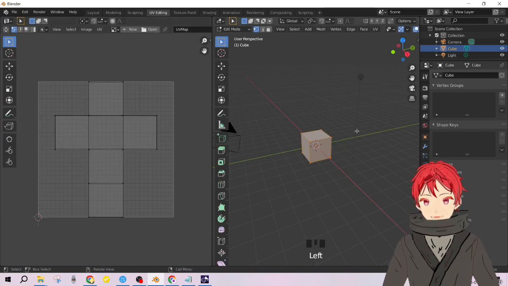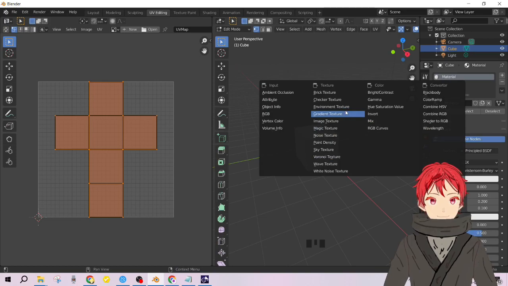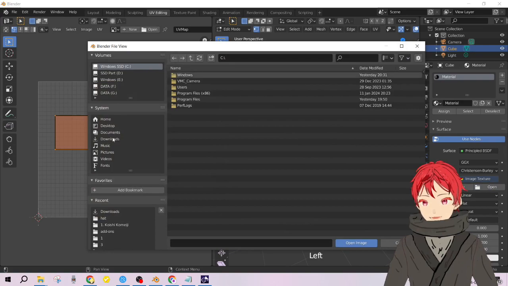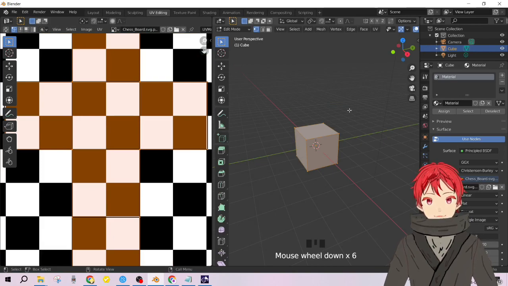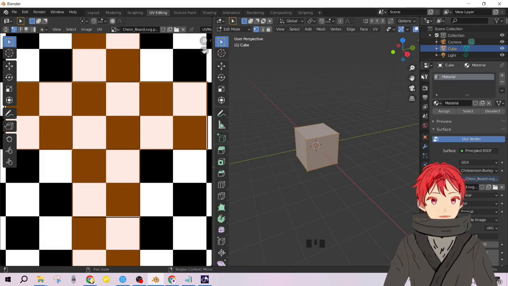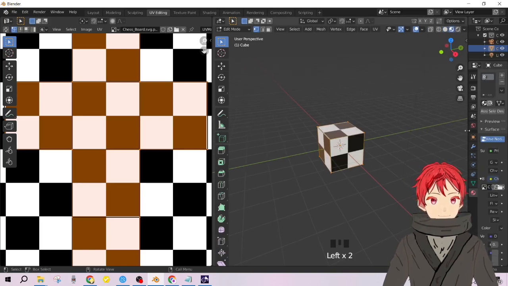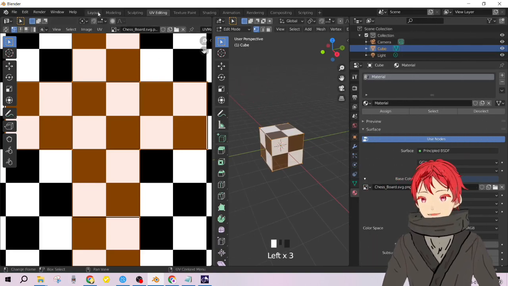Since the default view is unwrapped in a neat fashion, that's totally fine. And now if we go over to the materials property and choose image texture, open. I'm gonna select a sample, suppose a chessboard image, right? Now you don't see the material, that's totally fine. You just have to change the viewport here to materials. There you go. Totally fine, right? Now